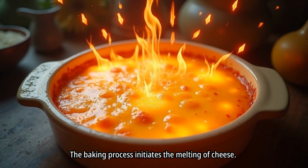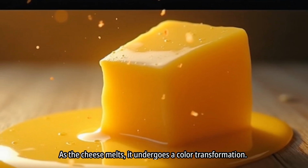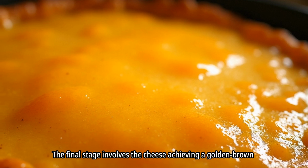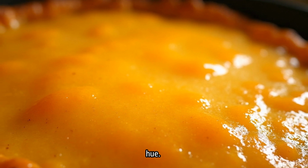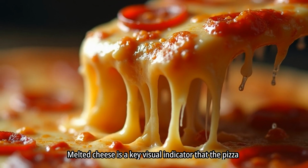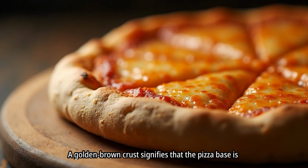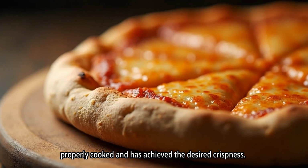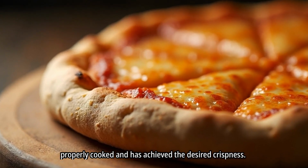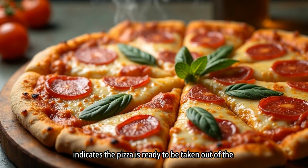The baking process initiates the melting of cheese. As the cheese melts, it undergoes a color transformation. The final stage involves the cheese achieving a golden brown hue. The cheese melting and browning indicates that the dish is ready. Melted cheese is a key visual indicator that the pizza is nearing completion. A golden brown crust signifies that the pizza base is properly cooked and has achieved the desired crispness. The combination of melted cheese and golden brown crust indicates the pizza is ready to be taken out of the